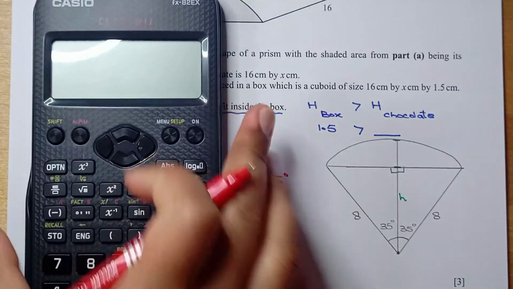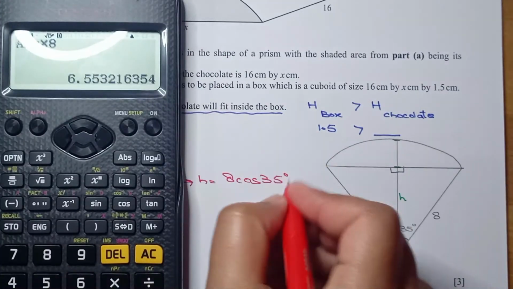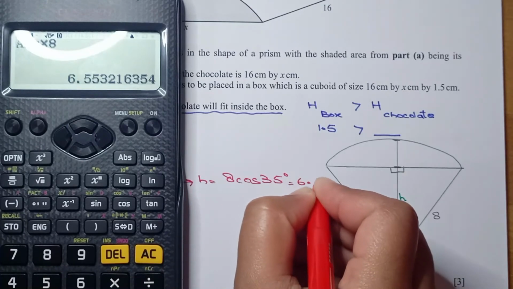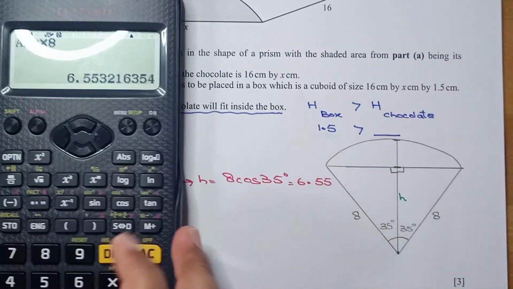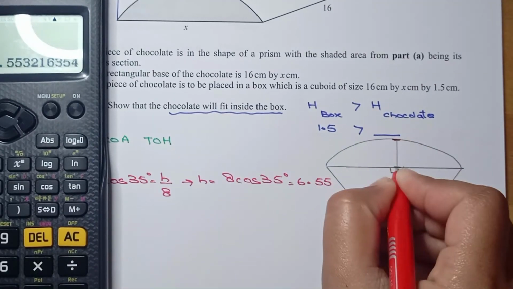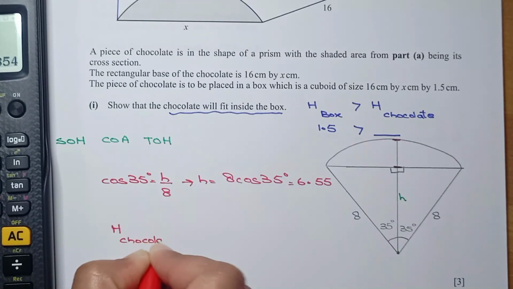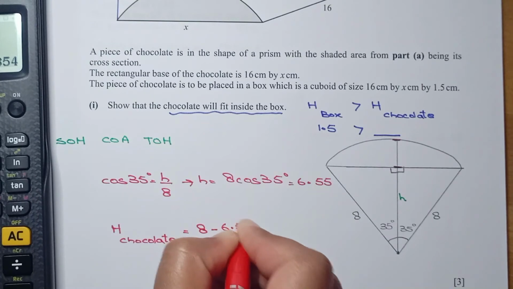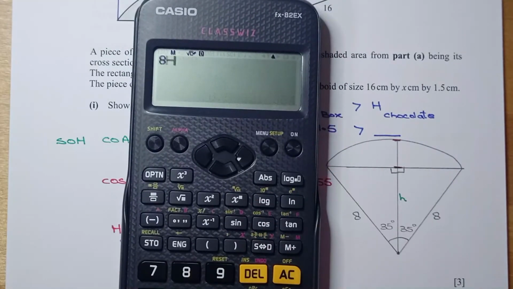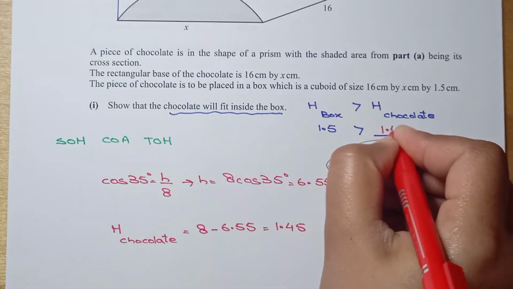Let me find the height. 8 cos 35, so 6.55. Right, so this height is 6.55. The total we know is 8. How can we find this height, or we can say the height of the chocolate? So the height of the chocolate is equal to the total height 8 minus this height, 6.55. So 8 subtracted gives 1.45. So as we can see, the height of the chocolate we got is 1.45,